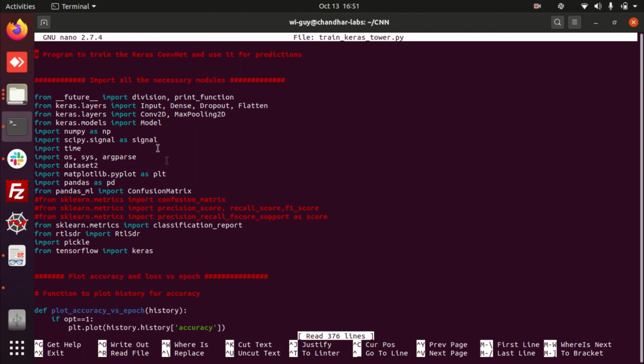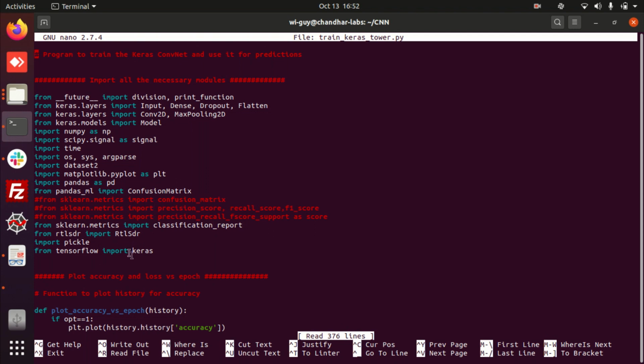First it imports all the necessary files. In these two lines, it imports all the layers of your convolution network, like input layer, dense, dropout, flatten, convolution layer, max pooling, then the Keras model, then all the necessary parameters for acquiring the signal, plotting the confusion matrix, and finally seeing the classification report, and accepting the SDR samples.